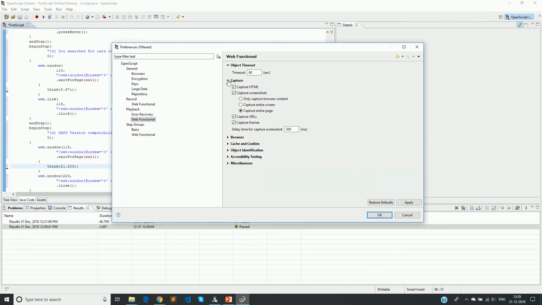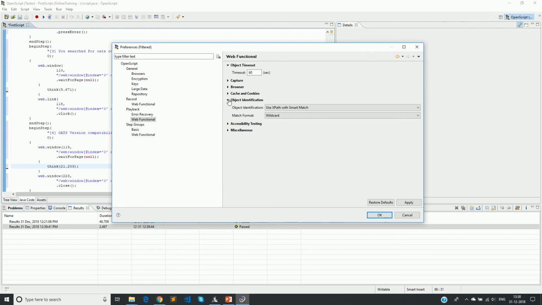And a few more settings here for cache. Generally, when we run scripts on browsers, we see some cache problems, like loading the old content. So OATS has given an option whether you want to clear the cache at various situations, either before playing back or between each iteration, and even the session cookies can be cleared.